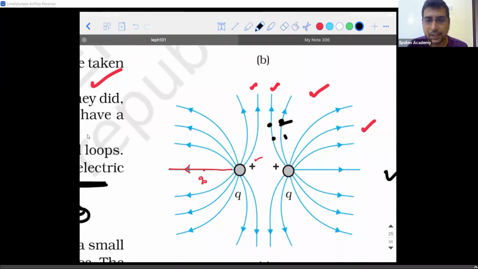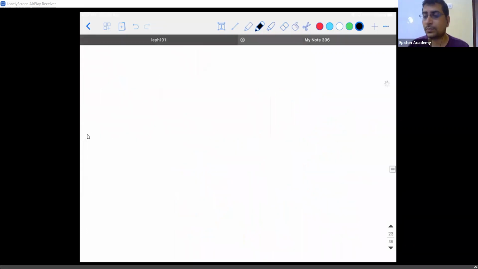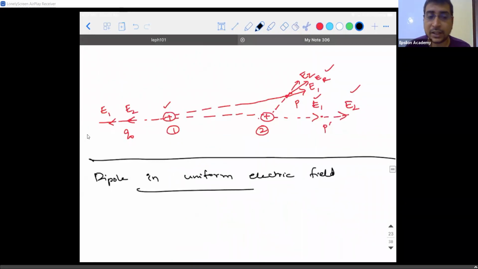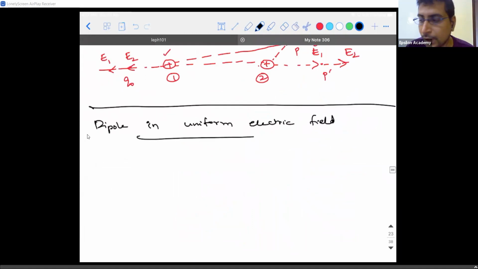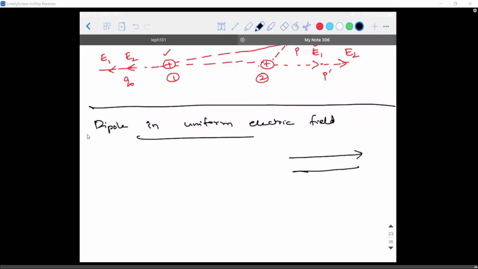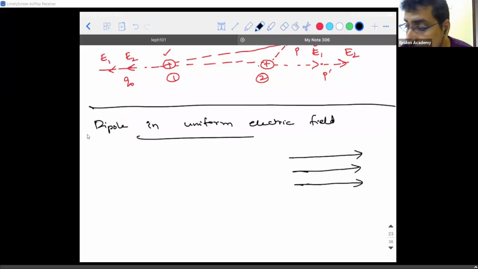So for any two points on the curve that you consider, if the question is whether the electric field's magnitude is constant at these two points, the answer is no, because the distance is different and the orientation is different. So here comes an important question. If that is a non-uniform electric field, then how is a uniform electric field supposed to be? A uniform electric field is nothing but a set of parallel electric field lines.